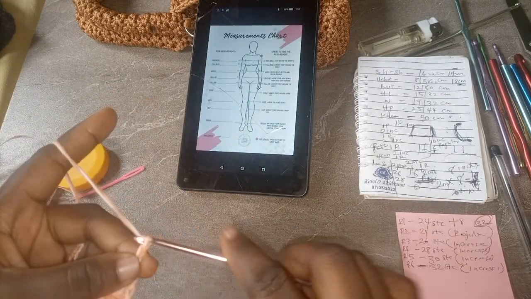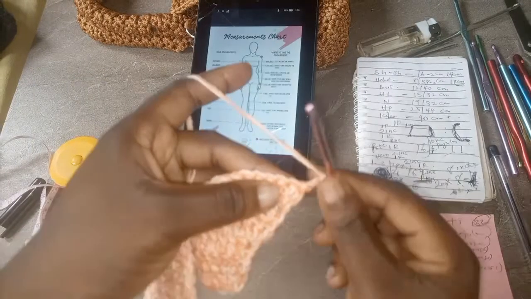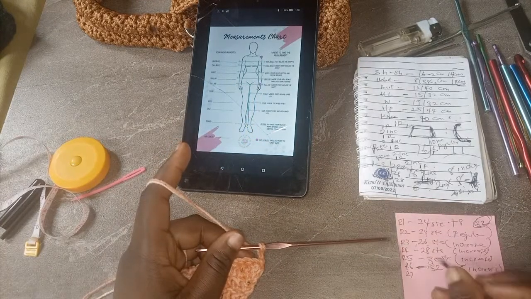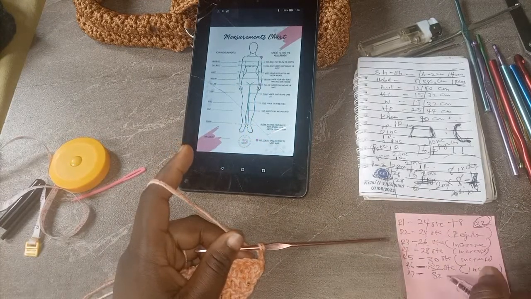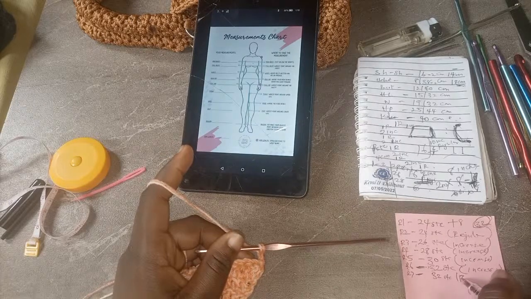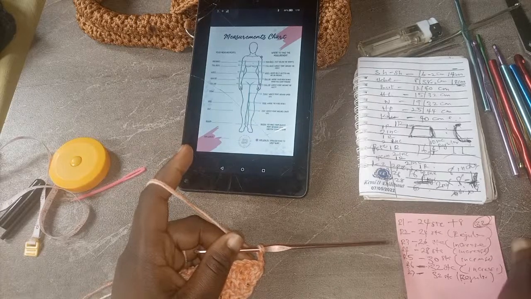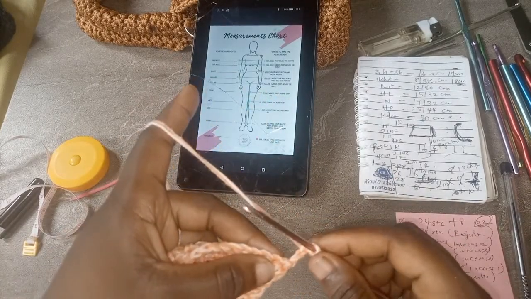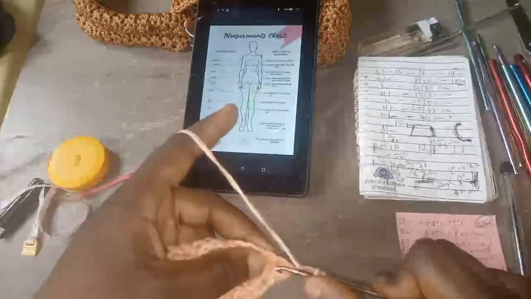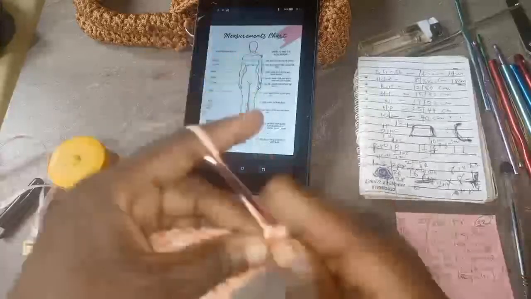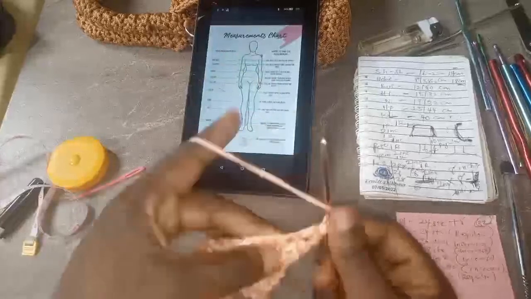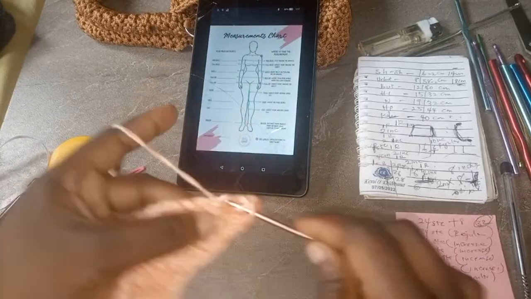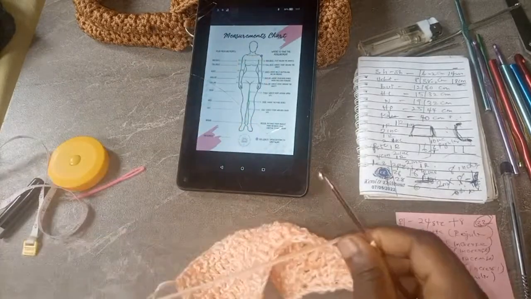1 2 3. Okay, so we are skipping this first one because this is a regular row. Remember to write it. Your row 7 will still remain 32 stitches. It's regular. Okay, so once you've done your turning chain, skip this one and go into the next one, because it's regular, and your turning chain serves as one double crochet. This one is just a regular row, no increases at all.